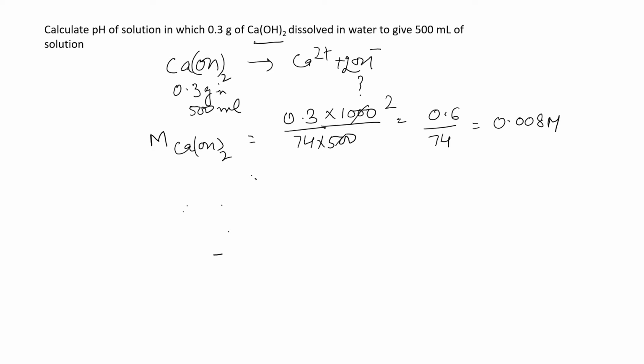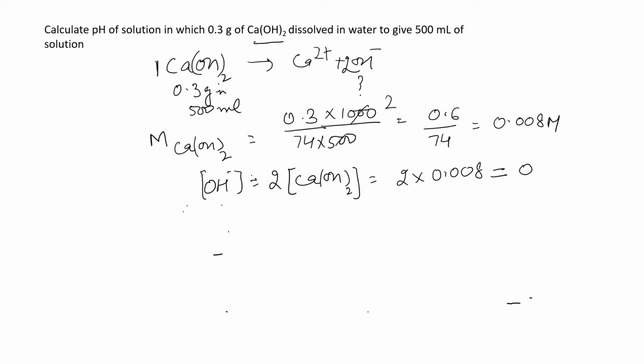We can see here that 1 mole of calcium hydroxide gives 2 moles of hydroxyl ions. It means hydroxyl ion concentration will be twice the concentration of calcium hydroxide, that is twice into 0.008 molar, that is it comes out to be